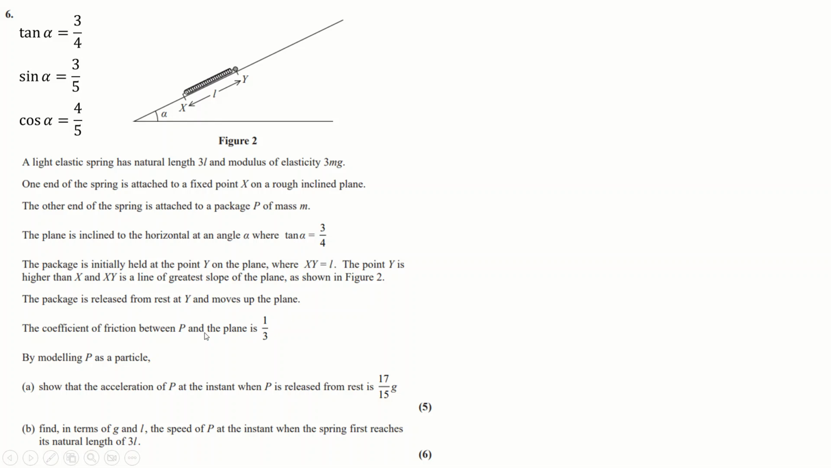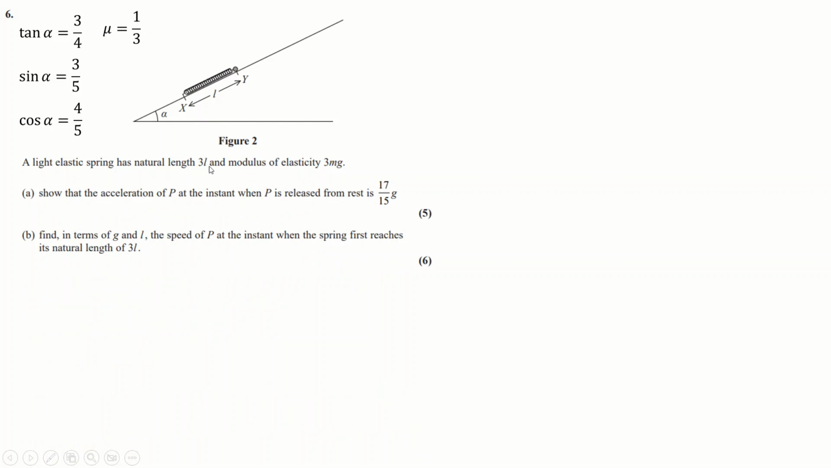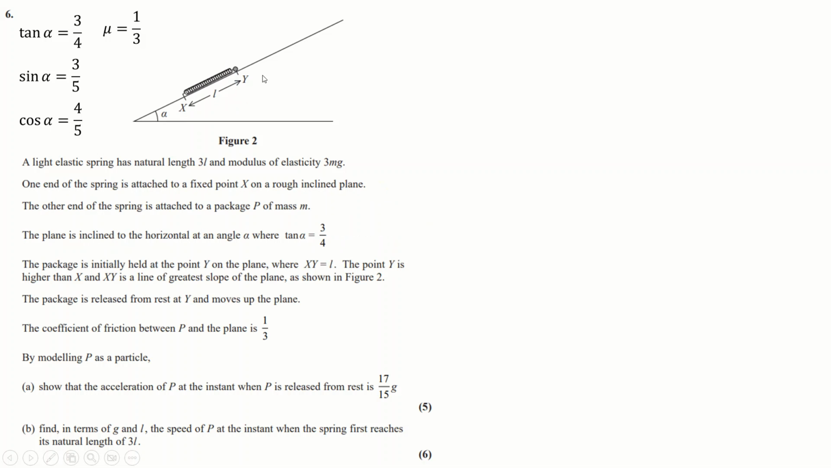I'm told that the friction mu is 1/3, and I think that's basically the only useful stuff in here, except for this top line, natural length 3L, elasticity 3mg. I'm going to use that as well. Okay, so what forces are going on here? Well, the spring doesn't weigh anything, right? It's a light spring. The only thing that weighs anything, you saw it from before, sorry for not explaining, but